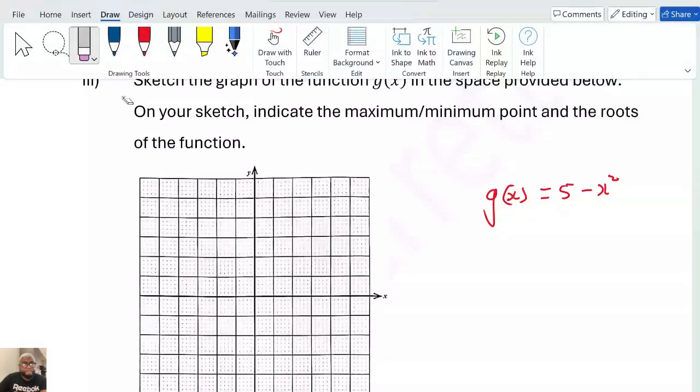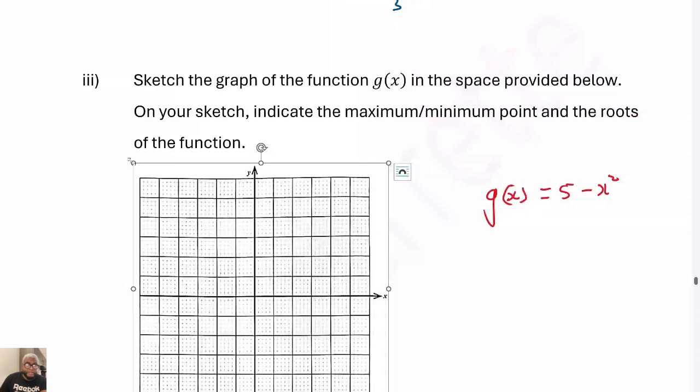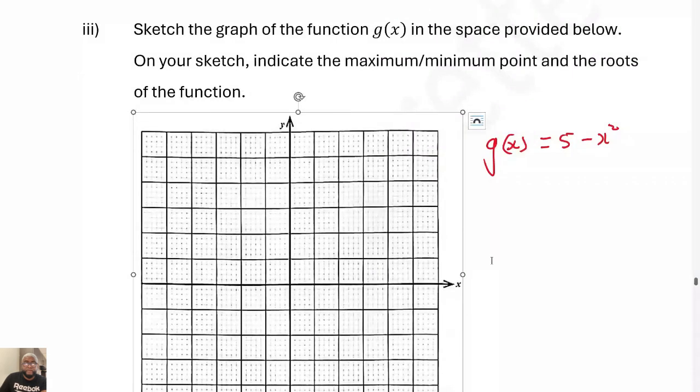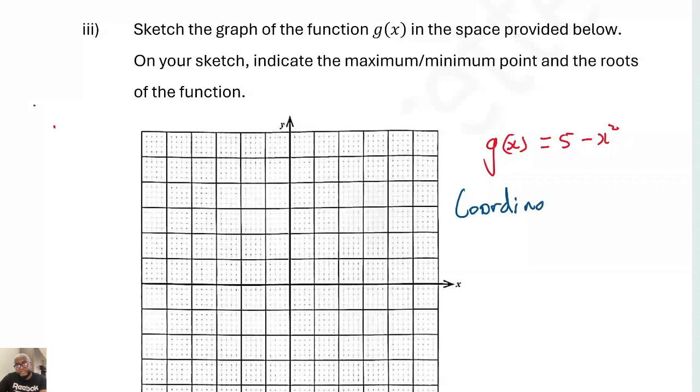Everybody good there? Right? Now on this, they want us to show the maximum or minimum point, whether it is a maximum or a minimum. They also want us to show the roots of the quadratic function. So we need to find the roots and we need to find the maximum or minimum point. The coordinates of the max or min point, because we don't know which it is yet,